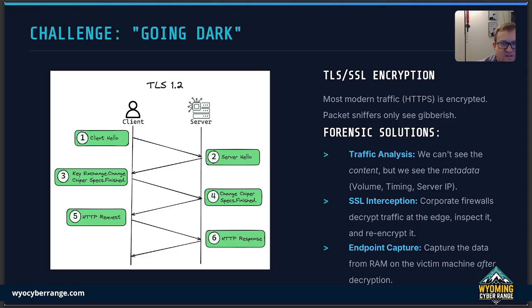Now, a major challenge today is going dark, because most modern traffic is encrypted, either by using TLS, hopefully a modern version of TLS. So packet sniffers like Wireshark are only going to see gibberish, right? We're not going to see any information here. We'll still see the TCP header traffic, but we won't be able to see any data within those packets themselves